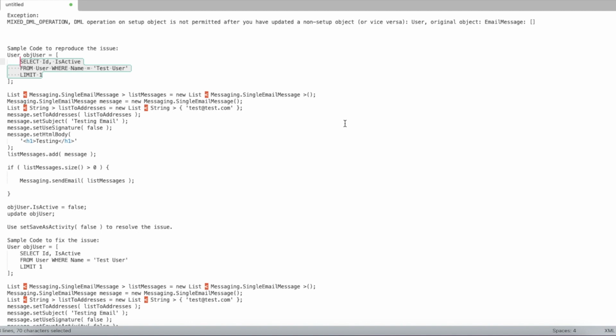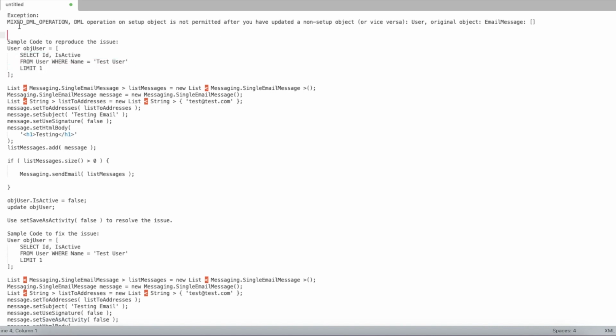Hello everyone. In this video, we are going to see the Salesforce DML exception while sending an email and updating a user record. We will get the exception: Mixed DML operation, DML operation on setup object is not permitted after you have updated a non-setup object or vice versa: User, original object EmailMessage. This exception is thrown when we send an email and then we are updating a